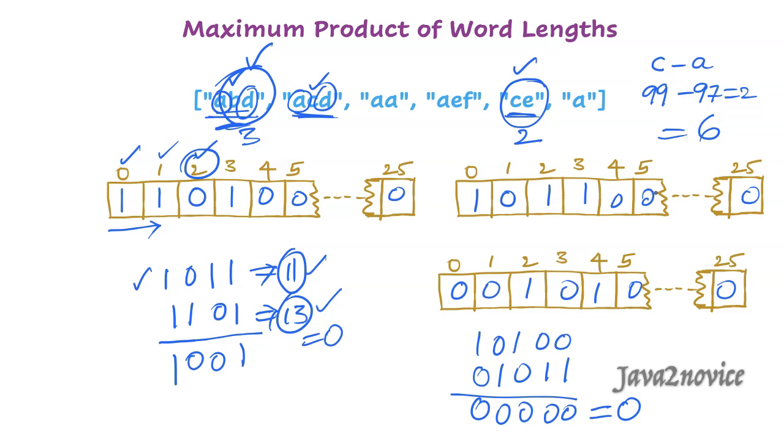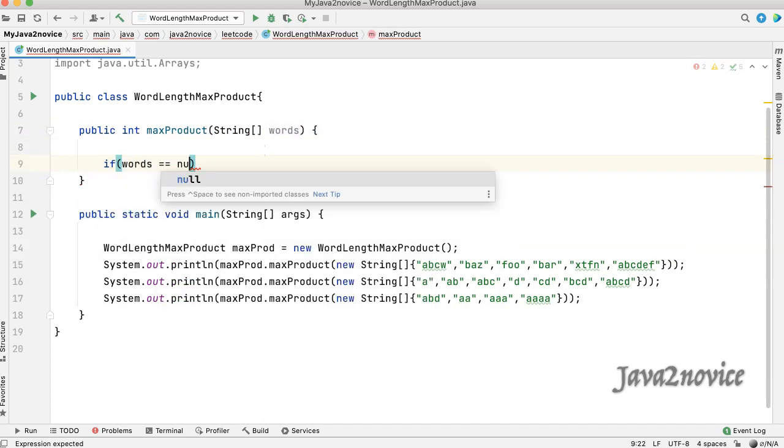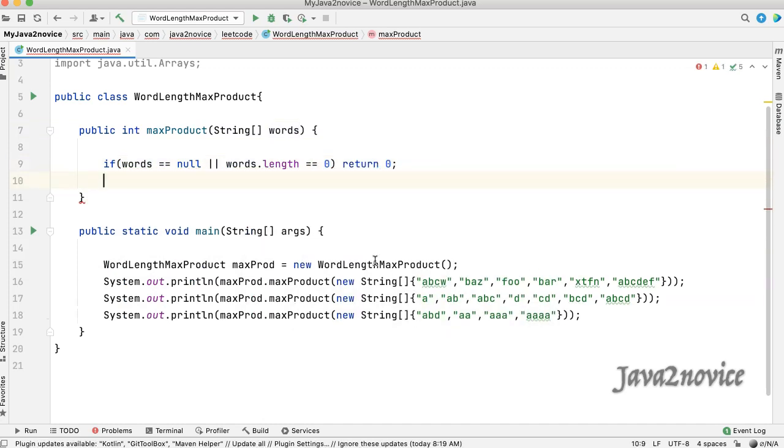Let's write code now. I have already copied the method signature from LeetCode. We will do basic validations. We will return 0 if either the input is null or the input array length is 0. Declare a variable to hold the input array length.